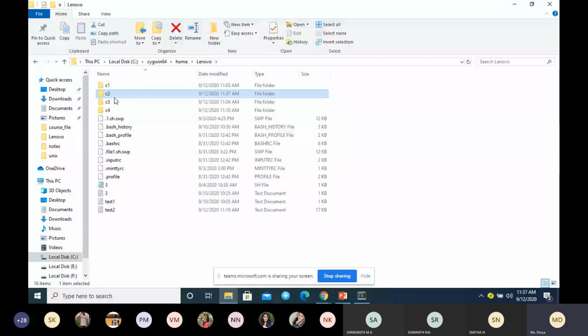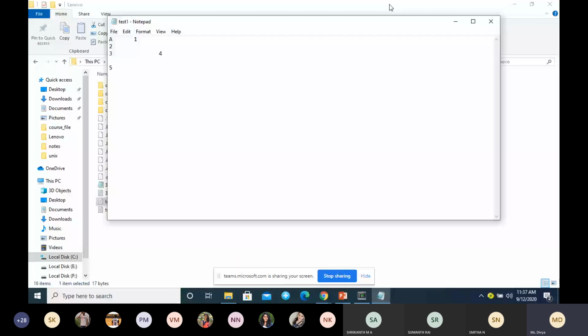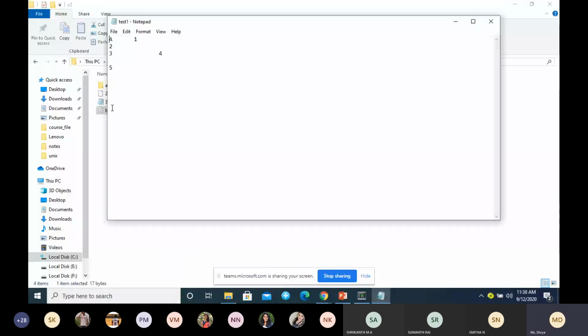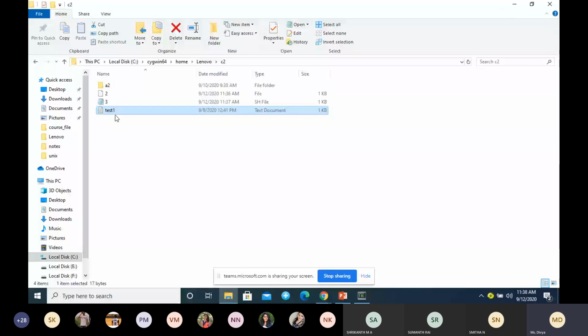And the next one. Here I have a file. I will delete this file test1. I think it is there inside C2, test1. Now what I want to do is copy the file which is there in C2, test1, to my home directory.